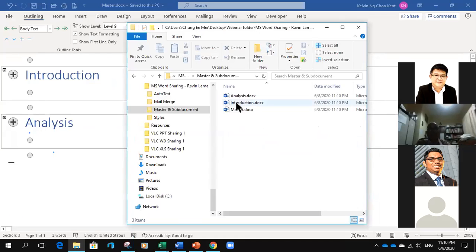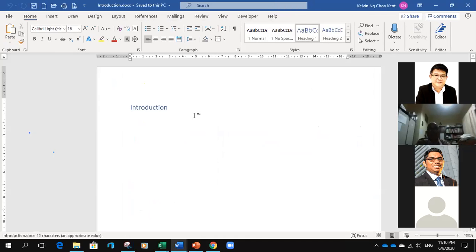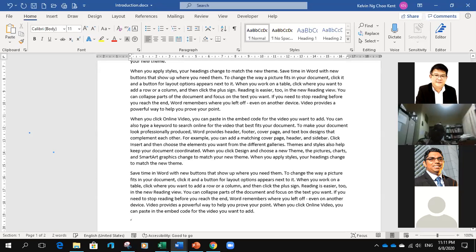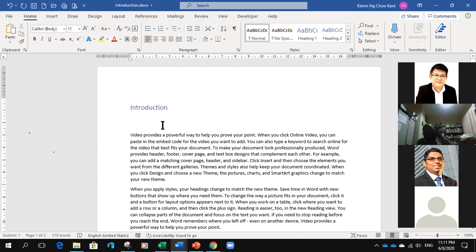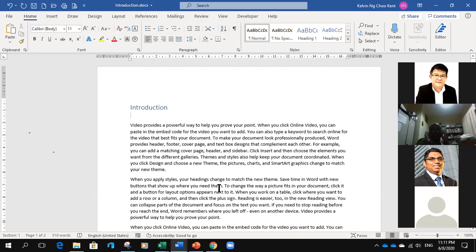If I go to this file introduction, I'm going to pretend I'm Ravin, right? Ravin is very good in the introduction. So I'm going to put in the introduction here, equals random(4,8). So yeah, he types out very quickly, and this is the document. Now, if Ravin has completed this document, he will have to save the document. So I click save.